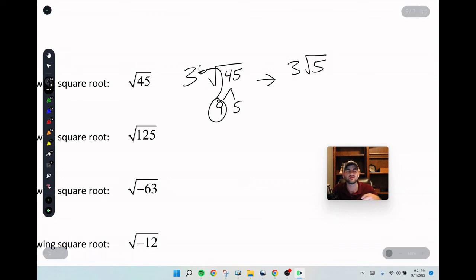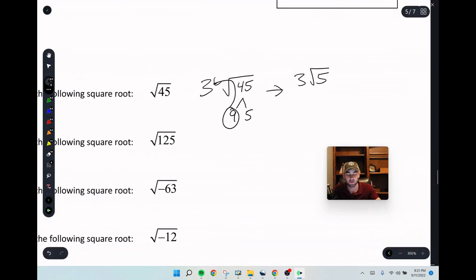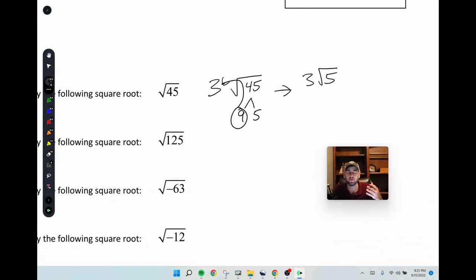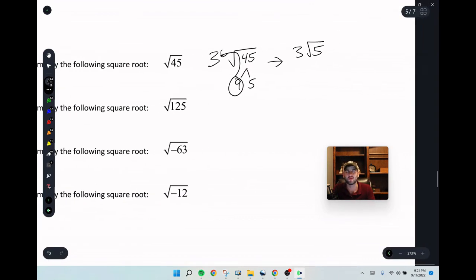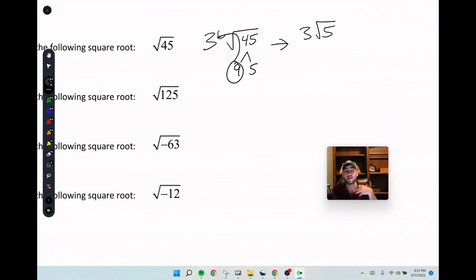The long way, which is totally okay, is to go ahead and do it a couple times and go 45, 3 times 15, break it down. 15 is 3 times 5, break it down, and you see those 3's that get pulled out. So for instance, on this next one, if I were going to do it a way that I know I can make it happen every time,